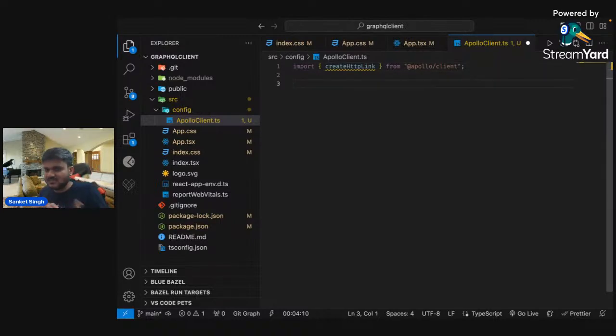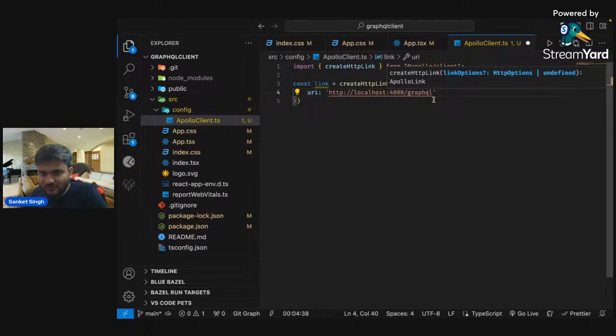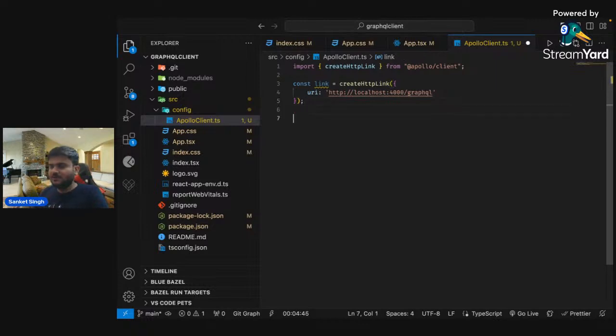Now, how do you create this HTTP connection? Using this createHttpLink. So you say const link equals createHttpLink, and here you have to pass your URL. What's the URL of our backend server? It is http://localhost:4000/graphql. Okay, so GraphQL automatically gives us this endpoint /graphql. You can make a call to this endpoint and it will automatically make a bridge between your client and